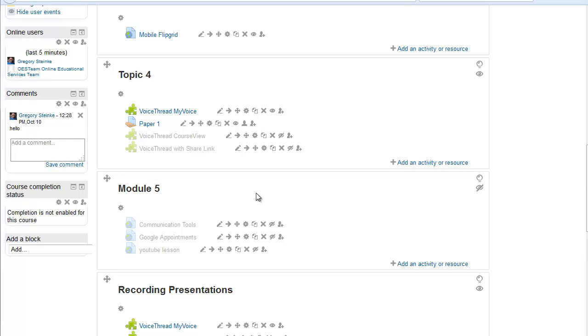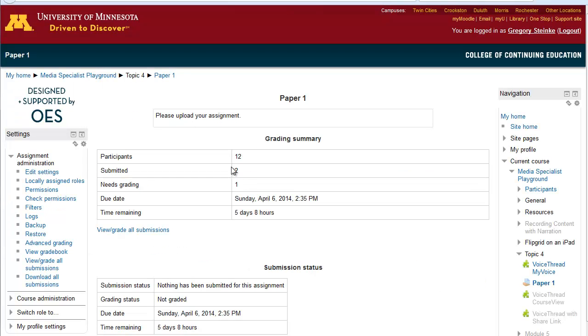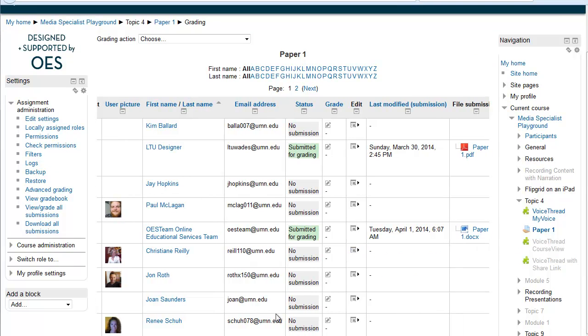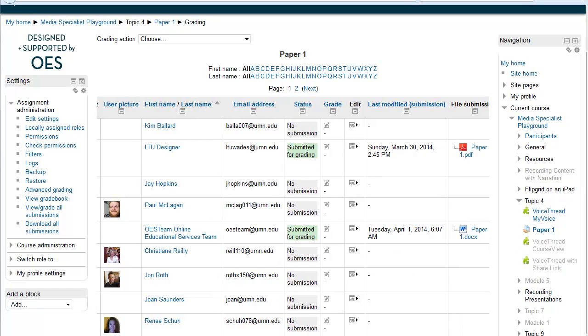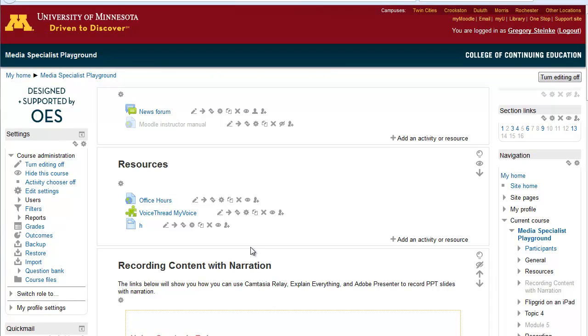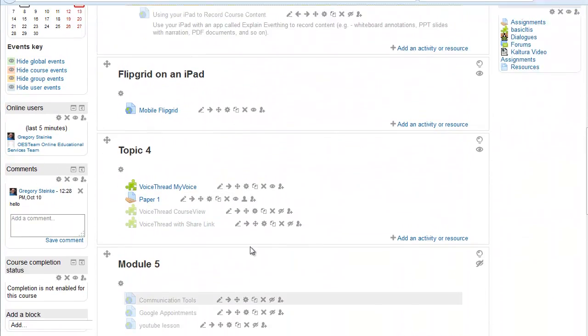So I'm going to go ahead and open that up and see if there are any submissions, and there are. I'll view and grade the submissions. What I want to do is download this paper document from OES team here, and I've already done so. So the next step, I'll go back to my home page of my course,